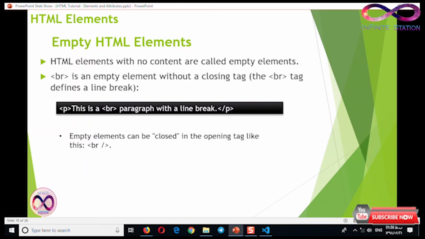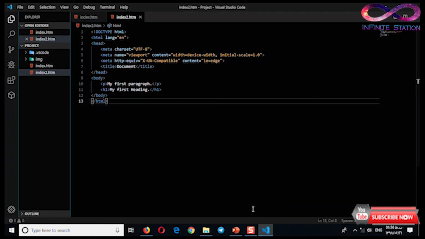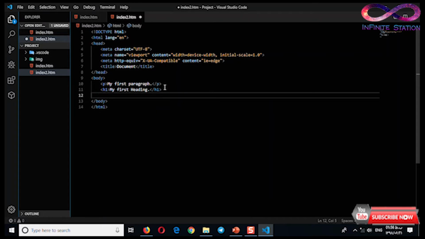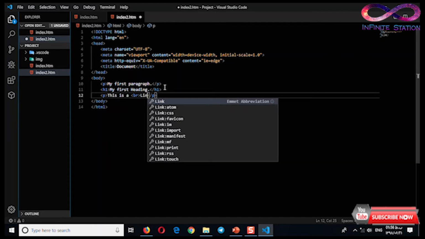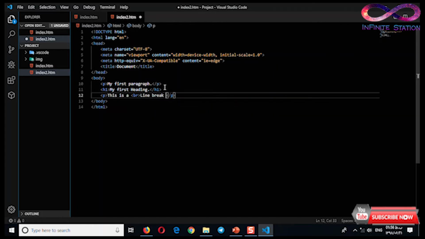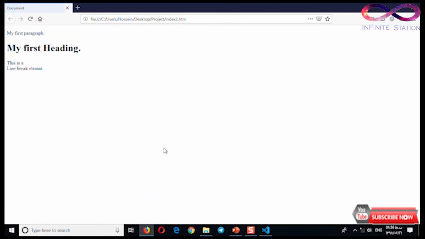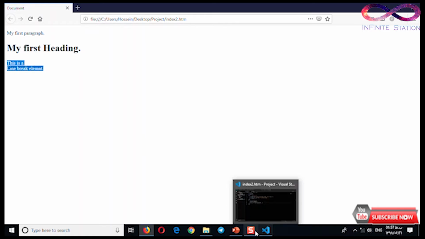Let's check this element. p, this is br, line break element. Okay, you see the line has been broken. Okay,